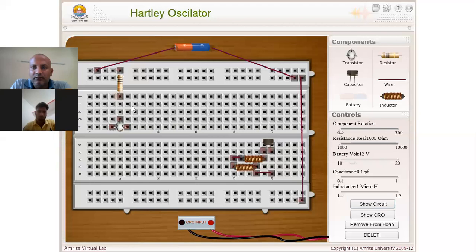So I have taken another resistance here. This is R2, and connect R2 to ground.